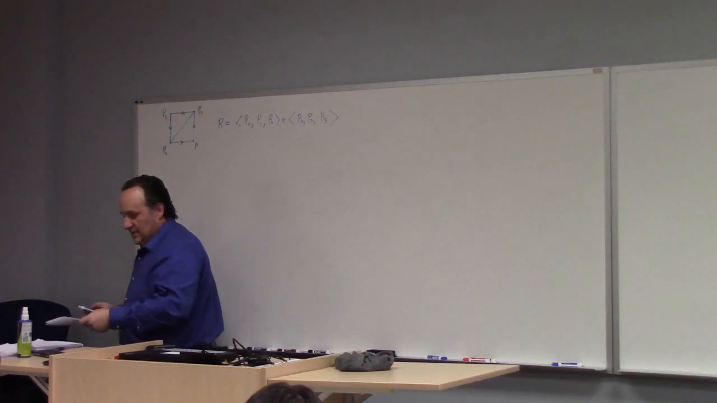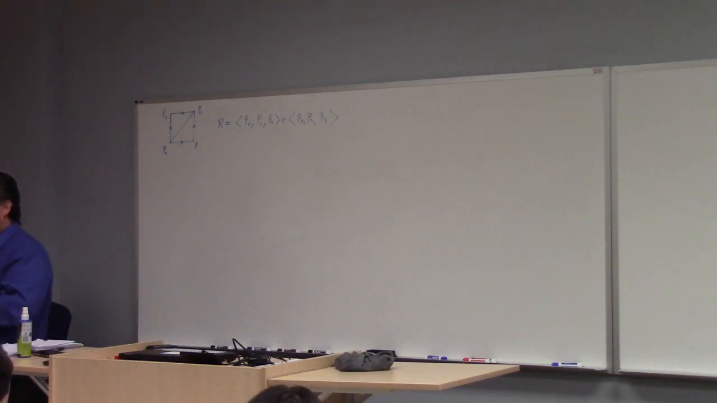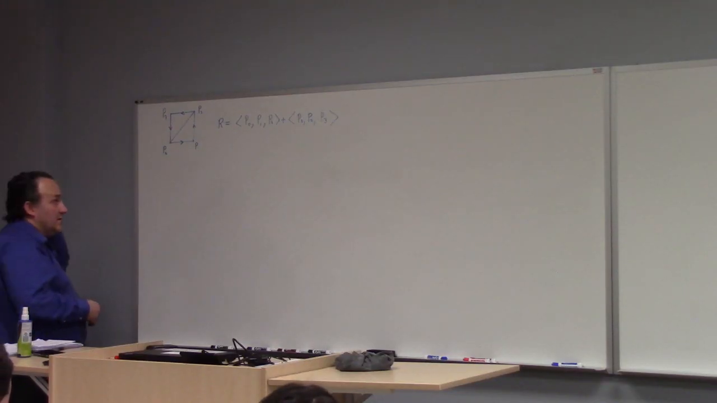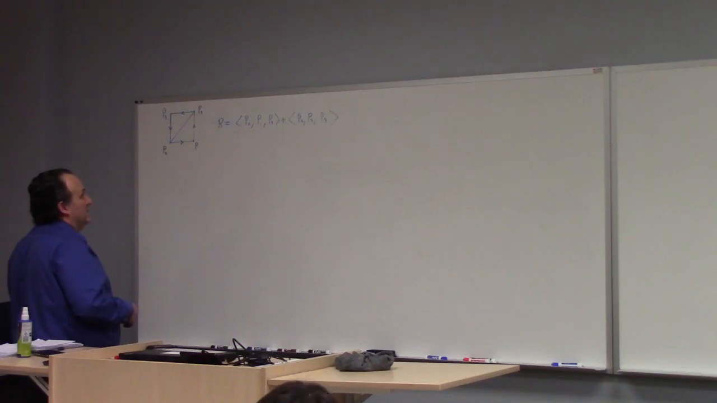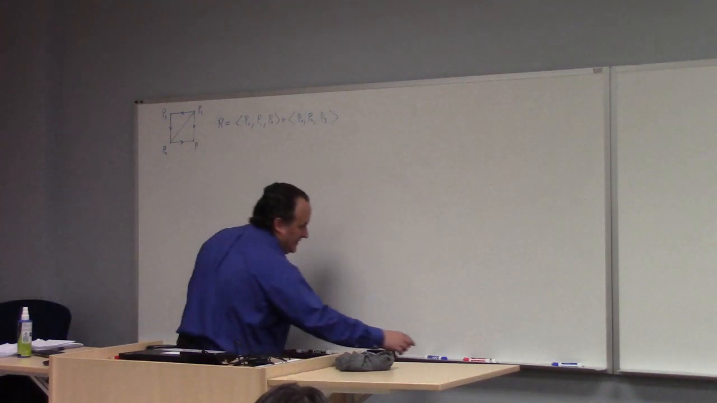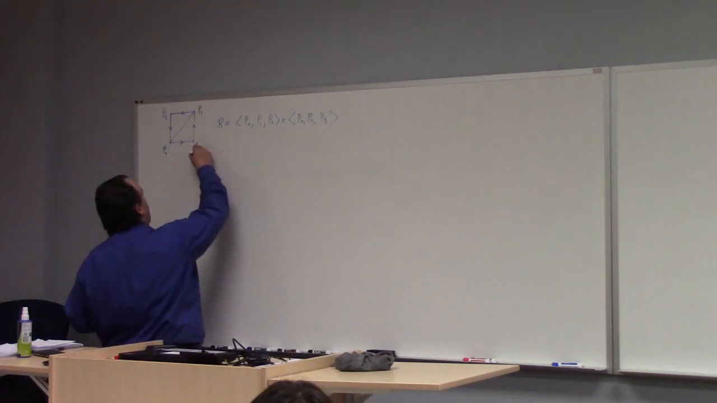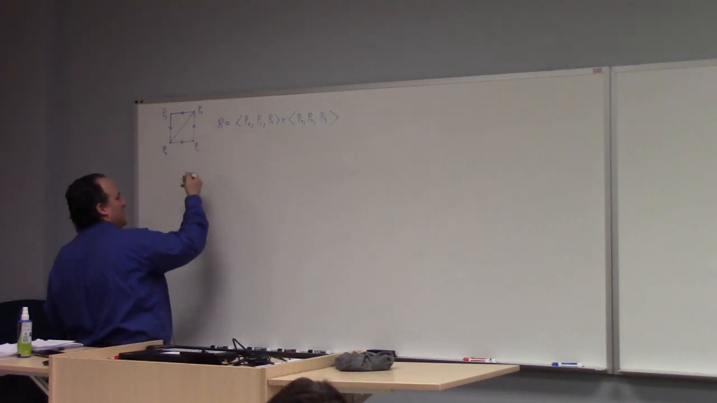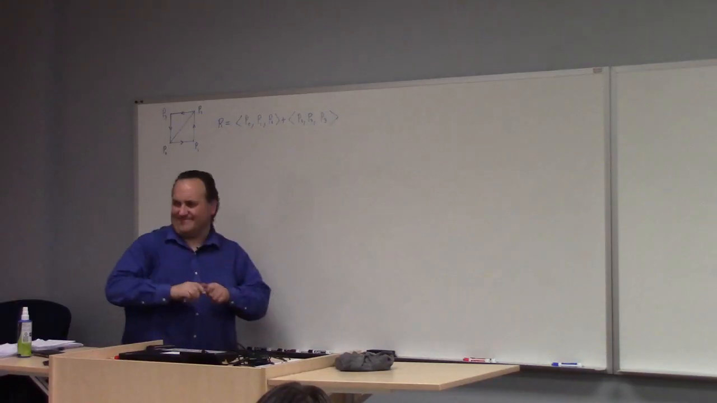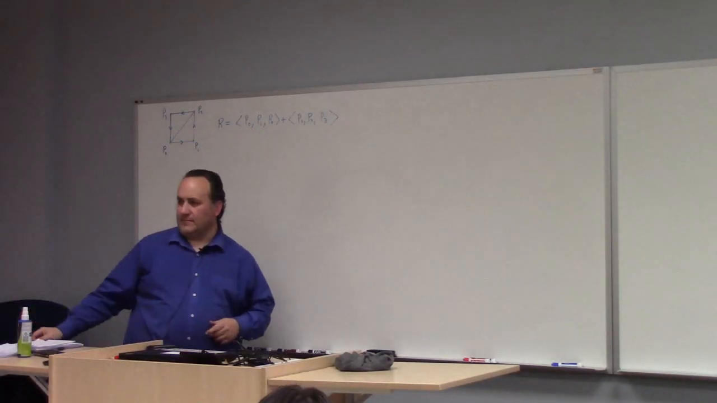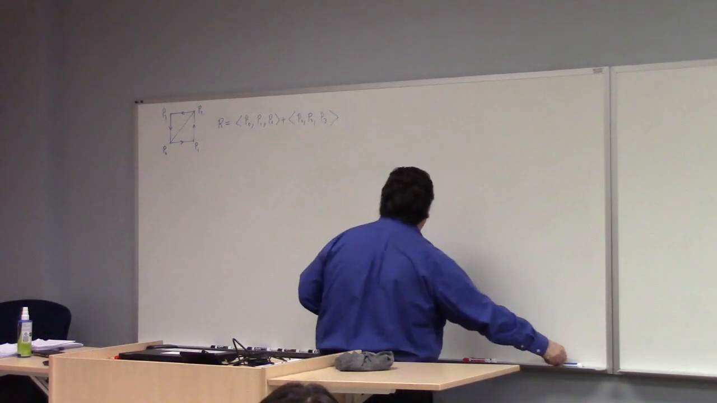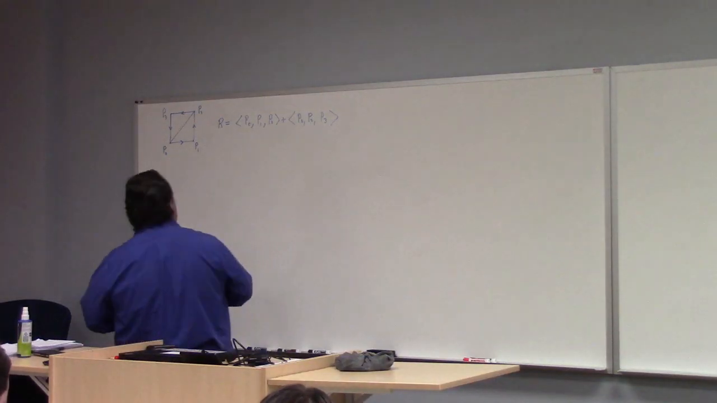Right? So that's the thing I wasn't thinking of, that I could write a rectangle as a sum of two simplices. Let's see here. So